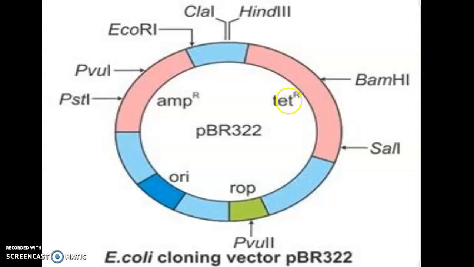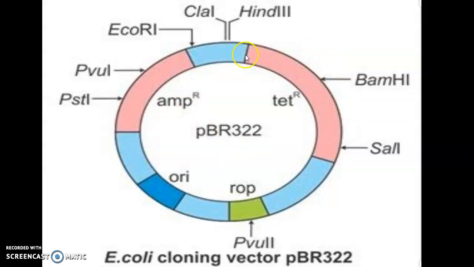So in this manner, when we place the foreign gene in the ampicillin site, the bacteria is unable to survive in the ampicillin environment, and when we place the gene in the tetracycline site, the bacteria is unable to survive in tetracycline but able to survive in ampicillin. So with the help of such marker genes, one can easily isolate or identify the colony which is transformed, having foreign DNA, or which one is without foreign DNA.